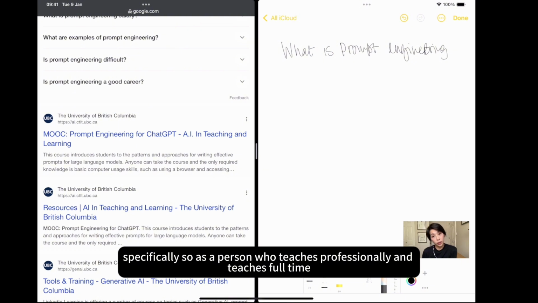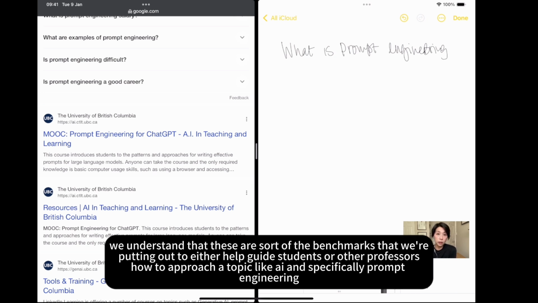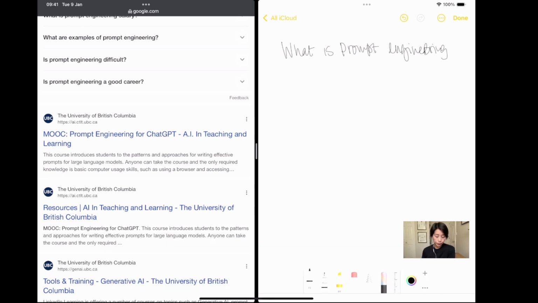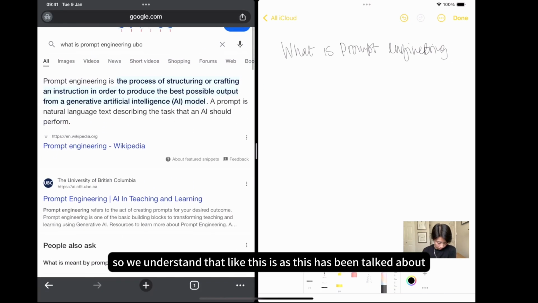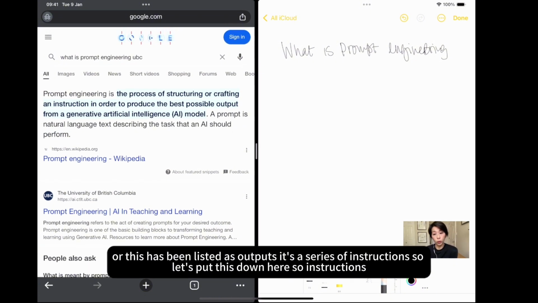As a person who teaches professionally and full time, I tend to lean much heavier on what my colleagues are doing. As an institution, we understand that these are the benchmarks that we're putting out to help guide students or other professors on how to approach a topic like AI and specifically prompt engineering. So we understand that, as this has been listed as outputs, it's a series of